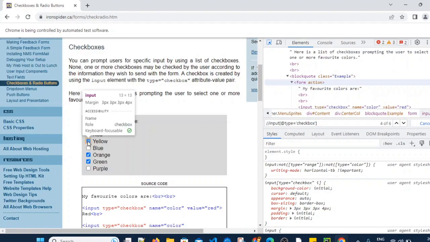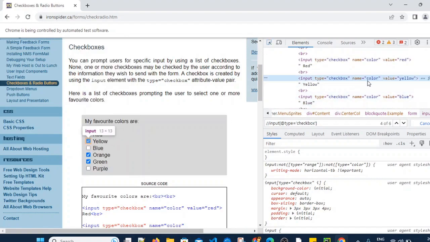Now let's observe it. Every checkbox is having unique attribute, that is value, which is yellow for yellow, red for red and blue for blue. So we can use this. Or what we can do is, we can first get attribute value and we can check if the attribute value is matching to the required colors, then only click on the checkbox.